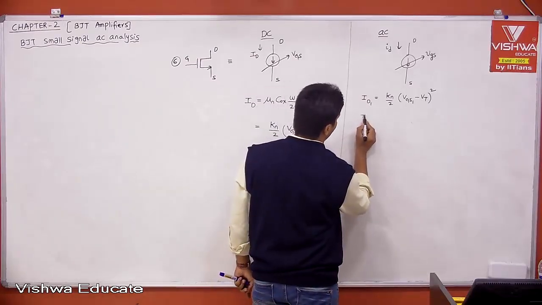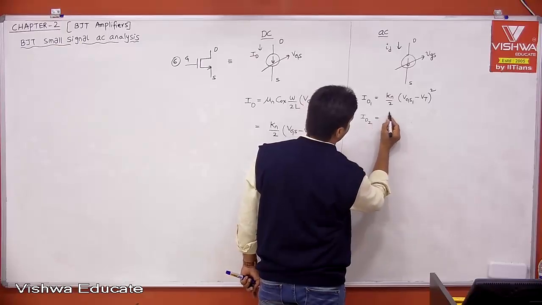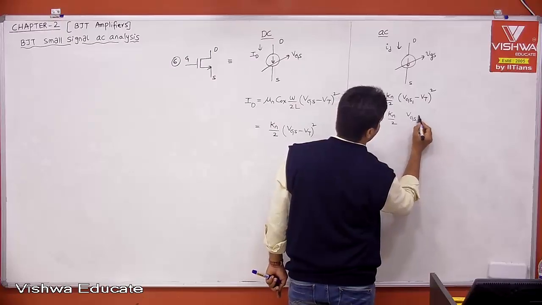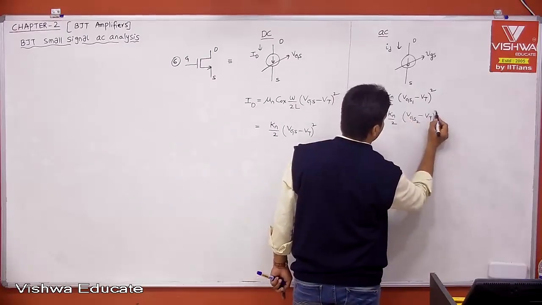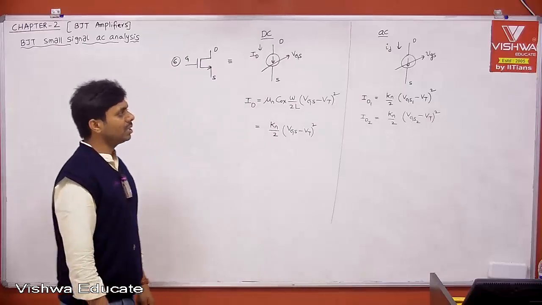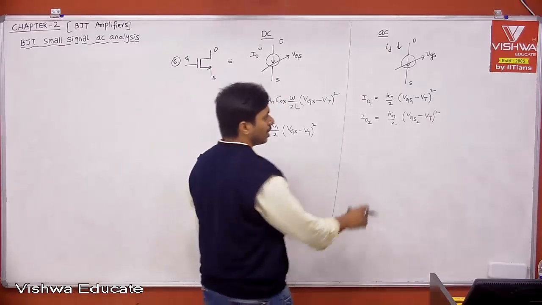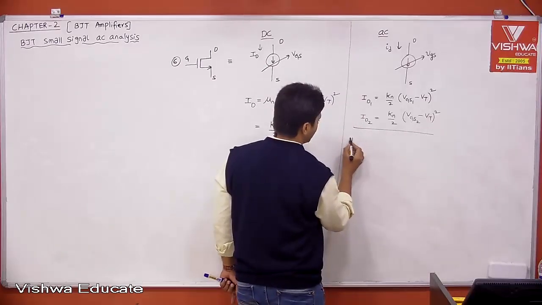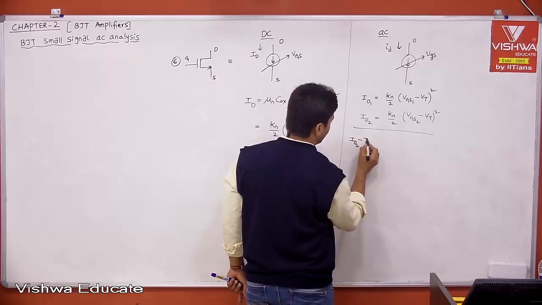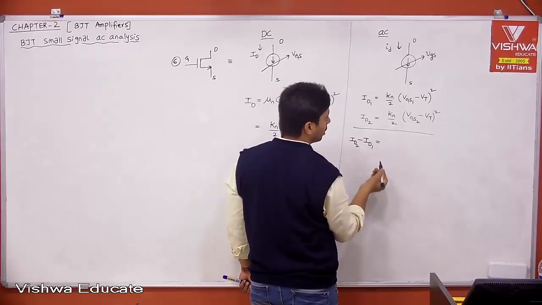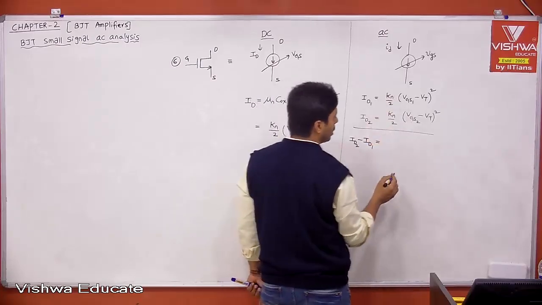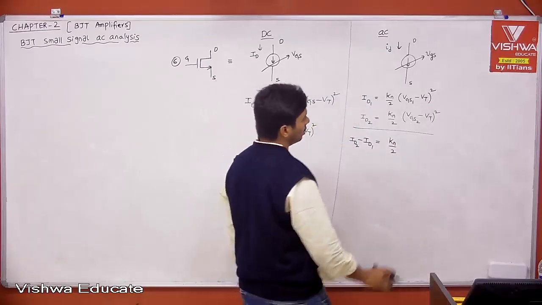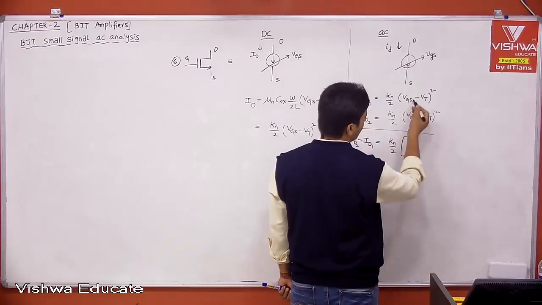Now let's see what is ID2. Therefore, this is what is ID2. ID2 is equal to Kn by 2 into VGS2 minus VT whole square. Like your BJT, this is not straightforward because we have a square term, right? Because we have a square term, then we need to subtract. Therefore, what is this? This is nothing but ID2 minus ID1. Therefore, what is ID2 minus ID1? Maybe when you subtract, your Kn by 2 is constant, right? Therefore, if you take Kn by 2, that is constant, right? Into, what is this? This is nothing but your